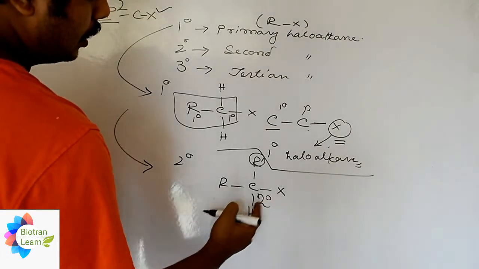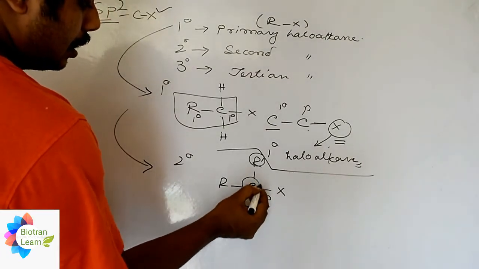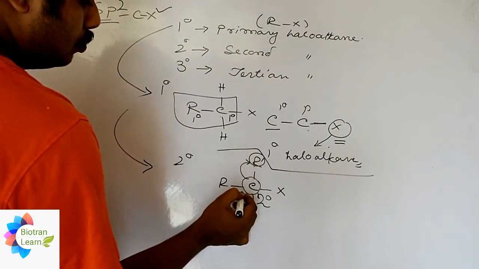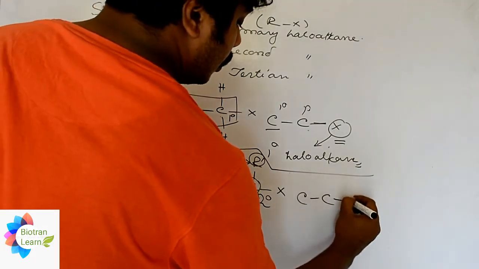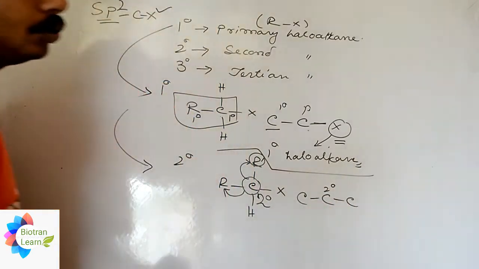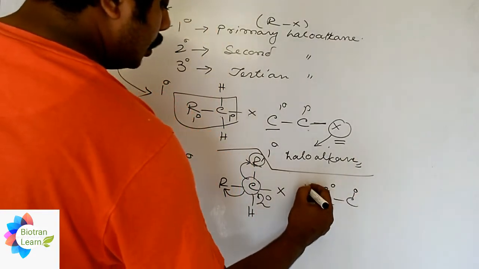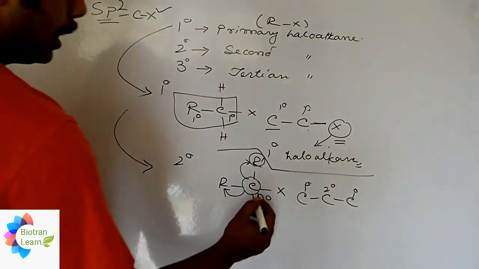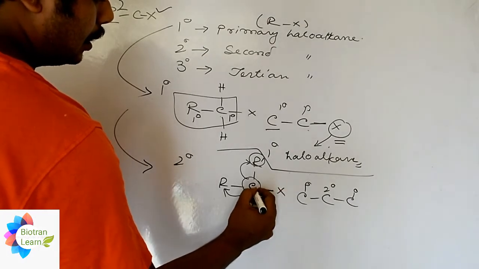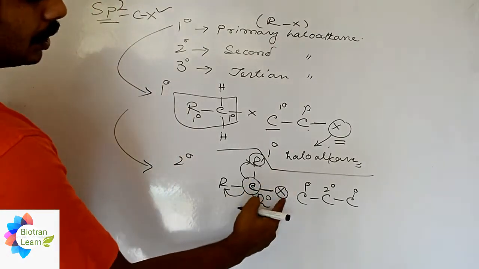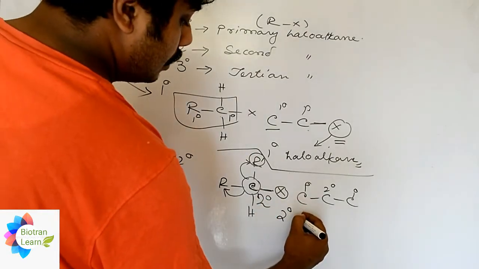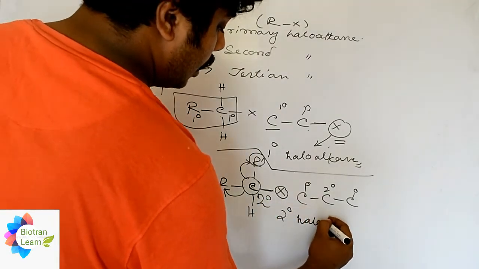This is a 2 degree carbon. Now as this carbon is associated with two other carbons like this one, this will become 2 degree, this will become 1 degree, this will become 1 degree. And in this particular case, when the halogen is associated with a 2 degree carbon, it will be known as 2 degree haloalkane,